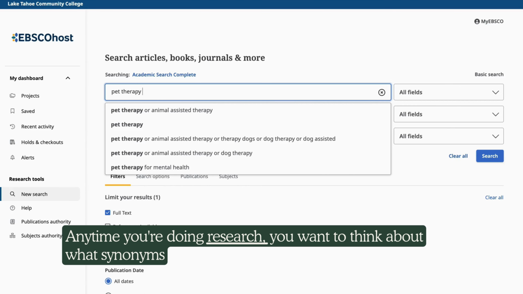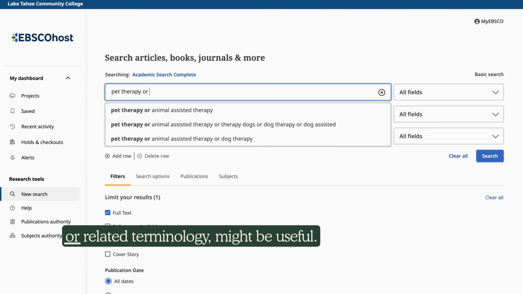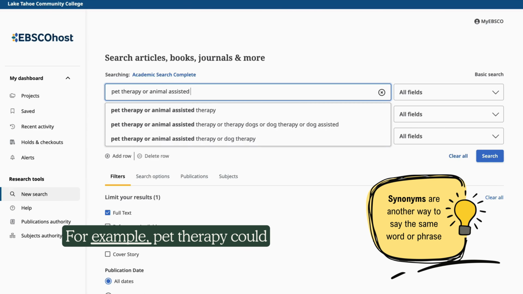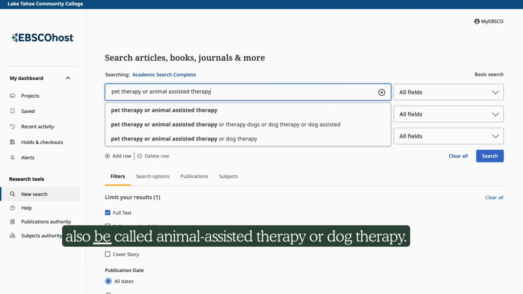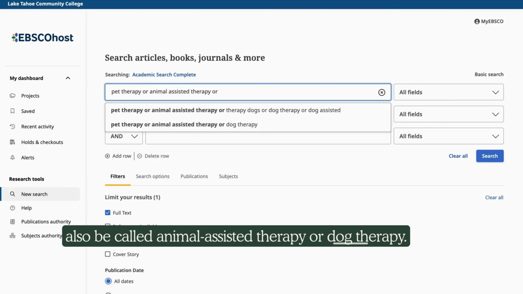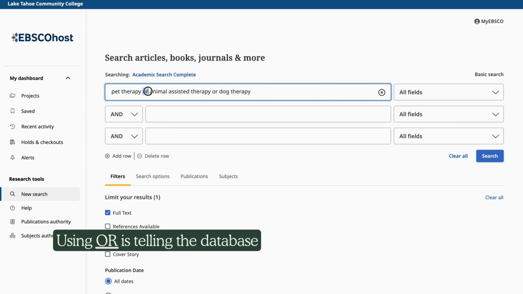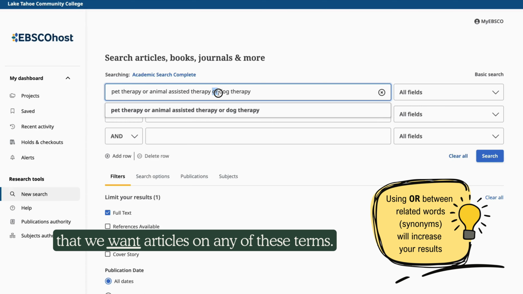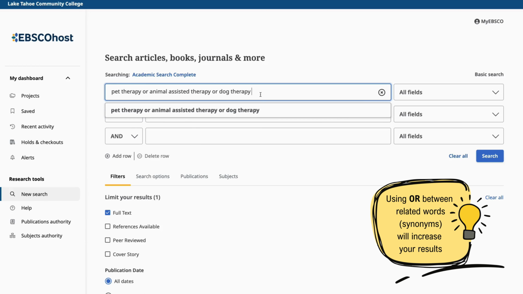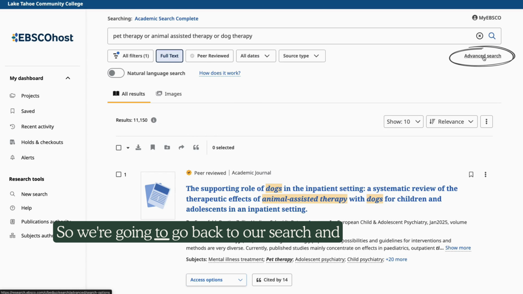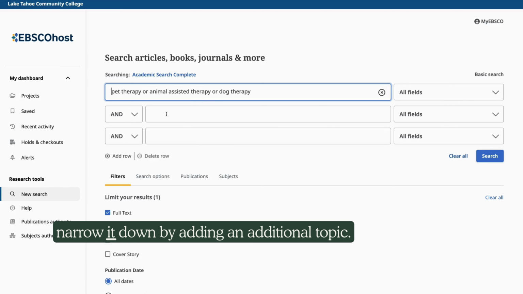Anytime you're doing research, you want to think about what synonyms or related terminology might be useful. For example, pet therapy could also be called animal-assisted therapy or dog therapy. Using OR is telling the database that we want articles on any of these terms. That brought back over 11,000 results, so we're going to go back to our search and narrow it down by